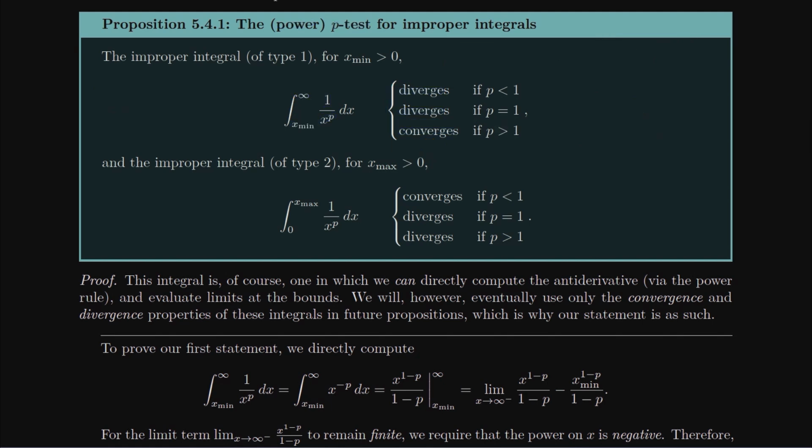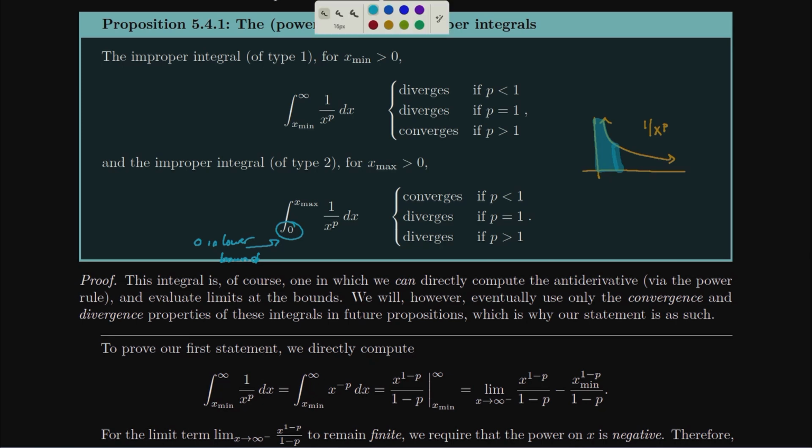If we look at the second statement in the p-test, here's that 0 in my lower bound. And now we have to worry about dividing by 0 when we get close to that lower bound. What does the area that we're actually looking at look like in this second case? Now we're looking at the area that starts on the right, moves up to the left, and ends at 0. So it's that area we're going to look at now.